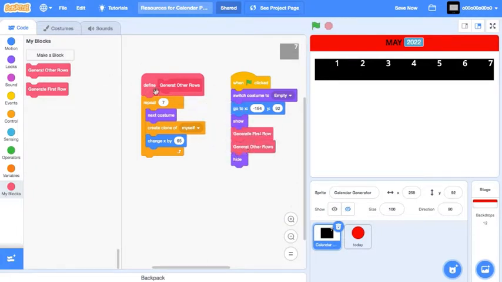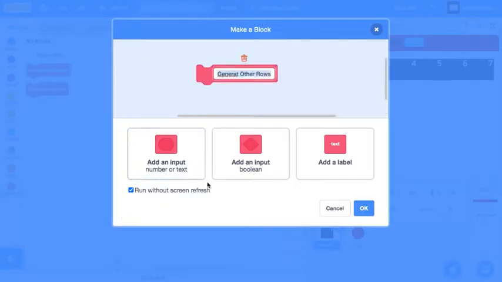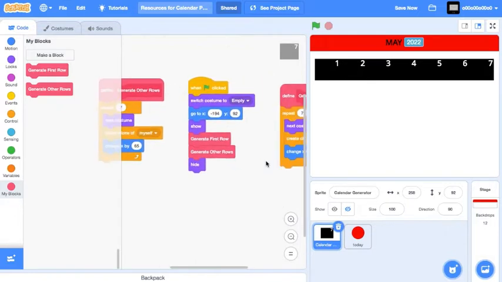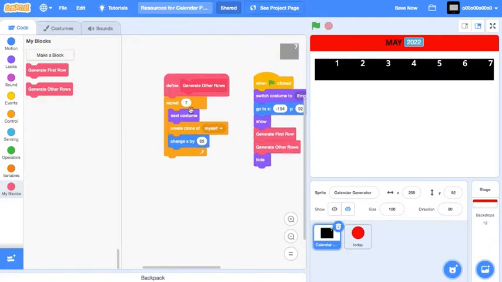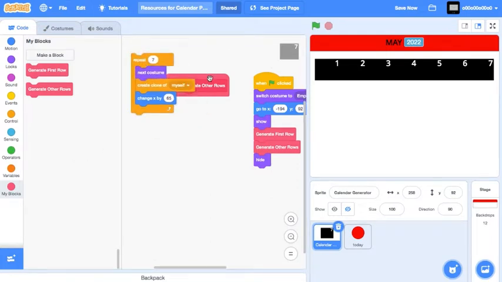Okay, yeah. Make sure you tick the run without screen refresh. So this is generate other rows. So first what we need to do is change. So we can keep this aside for right now.